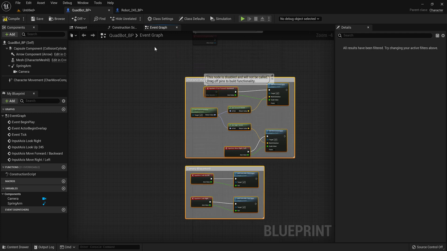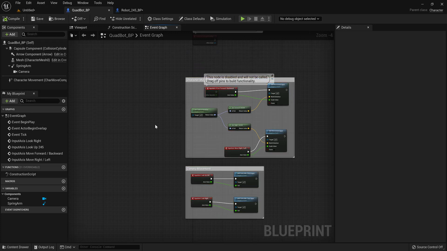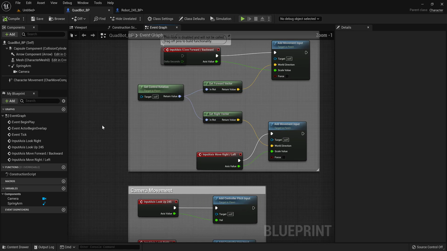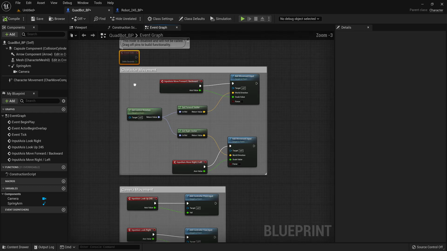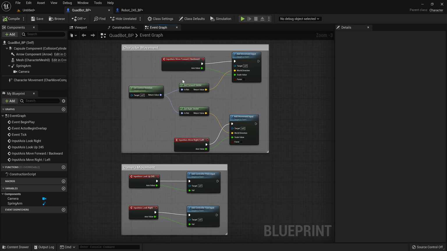And let's compile and save and see what errors we get. We don't get any errors. And it looks fine. It's get control rotation. You can see the target itself, which is this Quadbot. And let's get this event out of here. We'll need that for later. But for now,